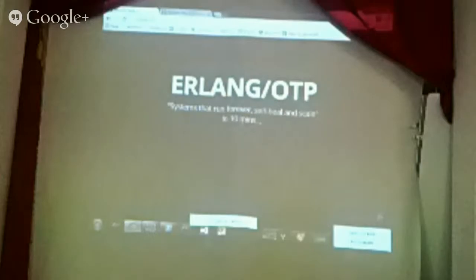And this is what Erlang is kind of all about. This is just a bit of a brain dump of all the words that came into my head when I was thinking about Erlang. The actor model is key amongst them, which is its concurrency model. Lightweight processes is how it achieves that. Asynchronous messaging, it's got really high fault tolerance, but it does that by letting actors or processes crash all the time. And loads of other cool stuff. So I'm going to try and demo some of these ideas now.